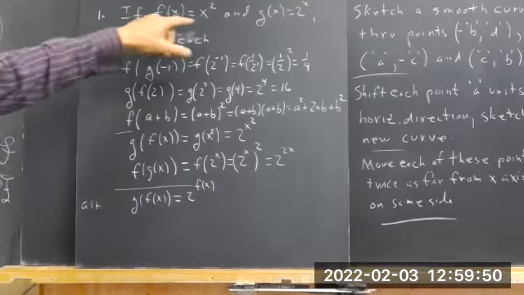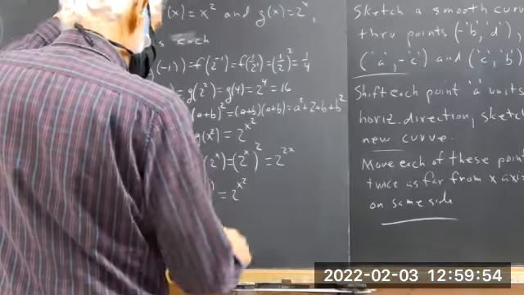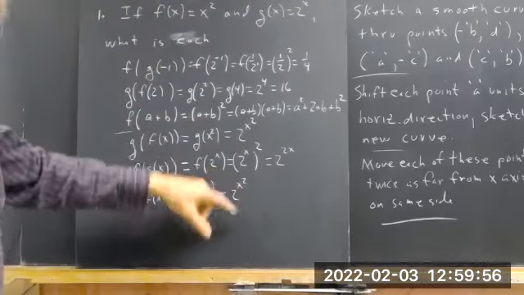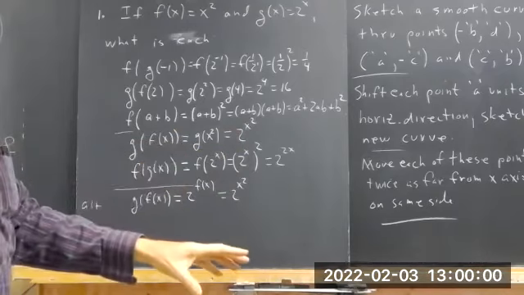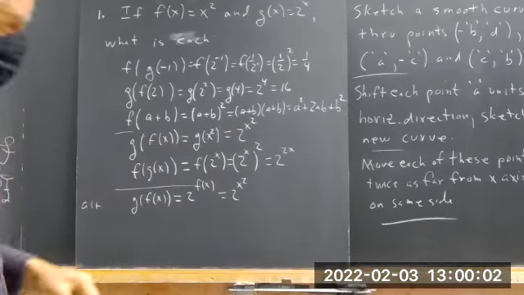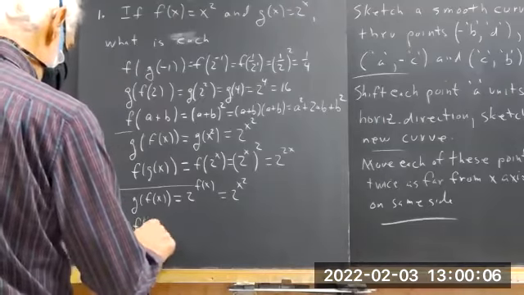And then you can take the expression for f of x and you get 2 to the x squared. And of course, it's the same as what you get up here. So it doesn't matter which order you did it in. Okay. And then f of g of x